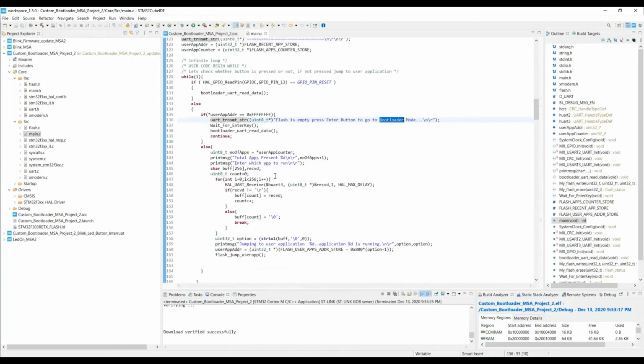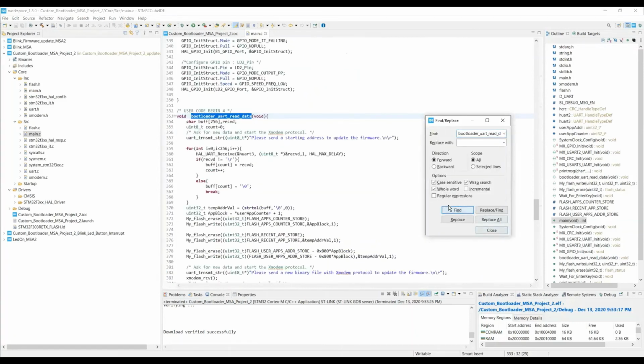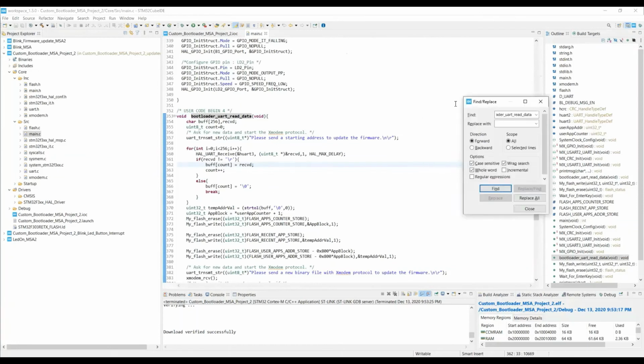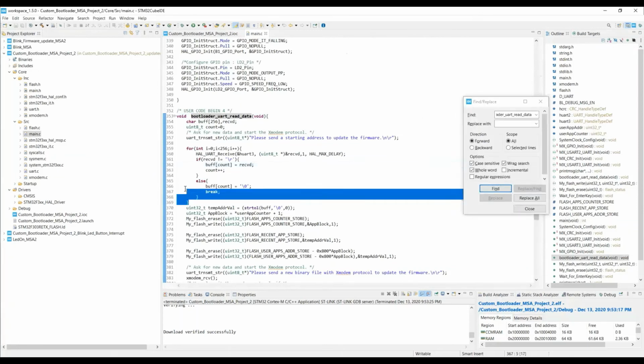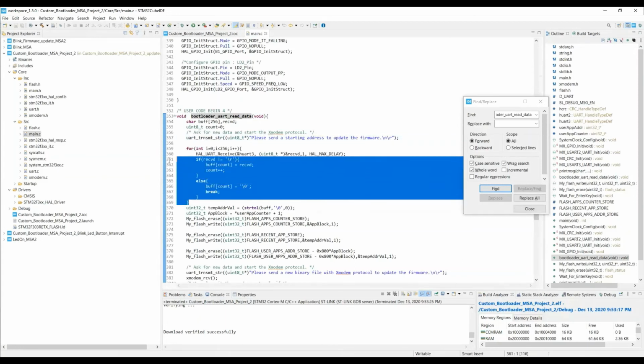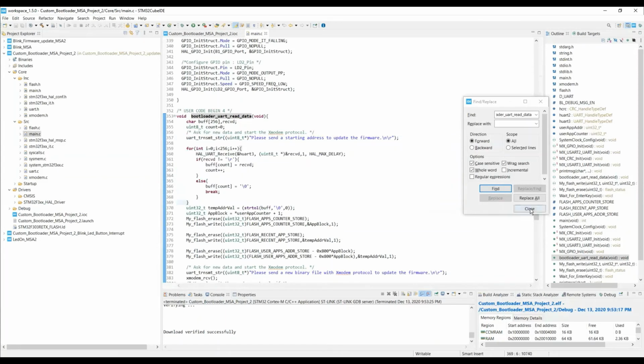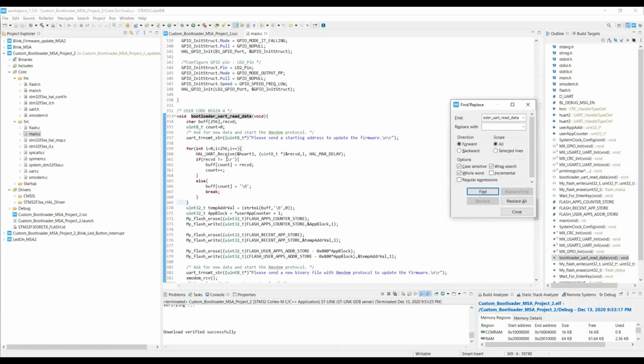Let's explore these APIs, bootloader UART read data and flash jump user app. When there is no app, or if the user wants to flash in some new firmware, this function will get called. In this function, we ask the user to enter the address in the ROM locations from where to flash the new firmware. All the UART communication is done in a byte-wise sequence.